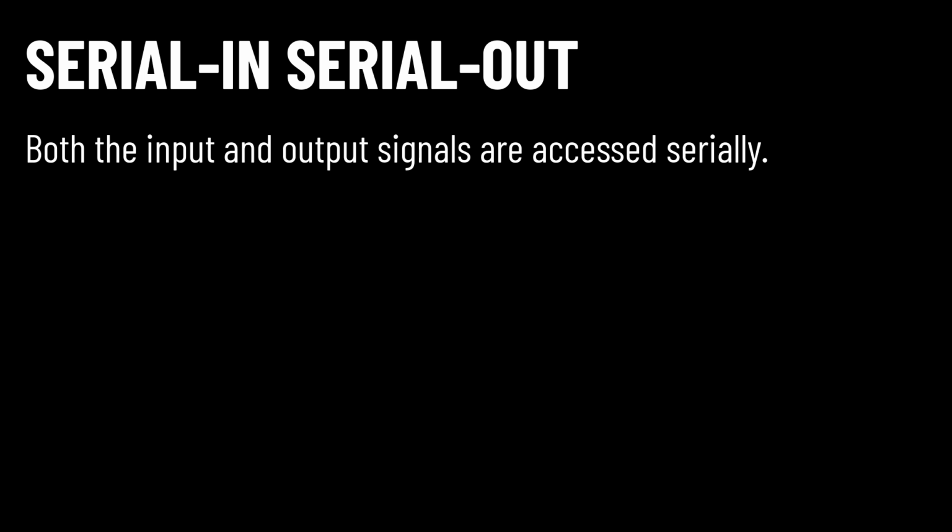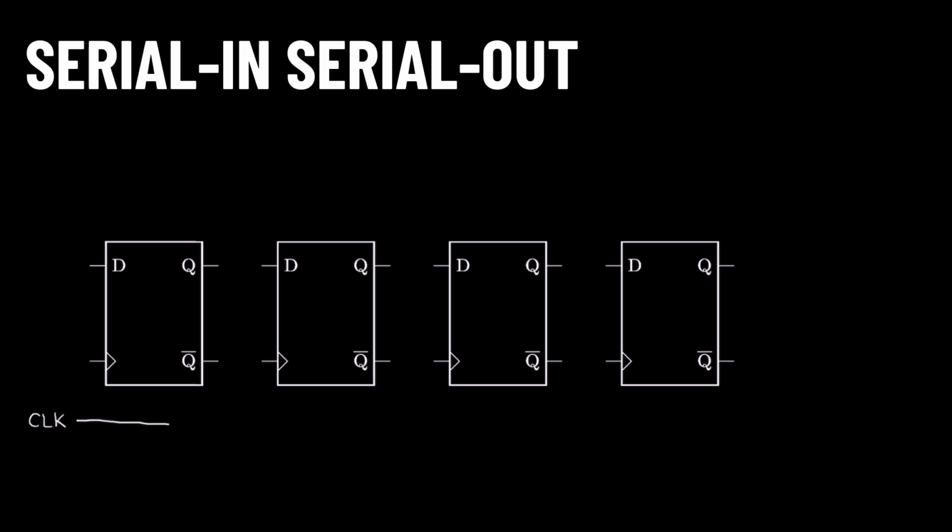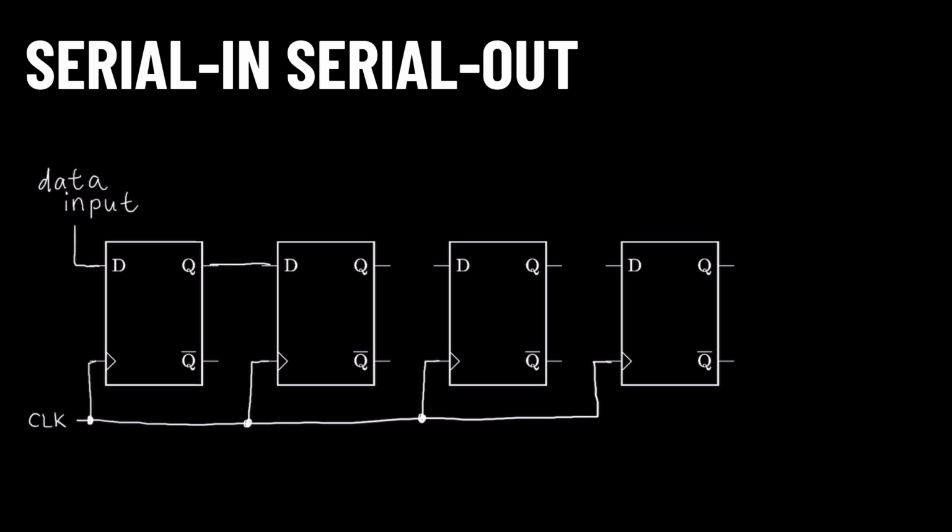The first type of shift register is known as serial in, serial out. This implies that both the input and output data is accessed serially, that is, one bit at a time. The architecture is relatively simple, as each flip-flop's output is connected to the next flip-flop's input. Typically, a serial in, serial out register can only shift in a single direction, from the first flip-flop in the